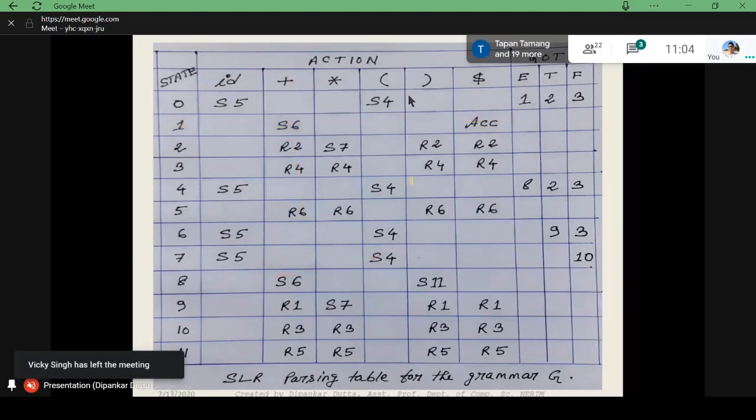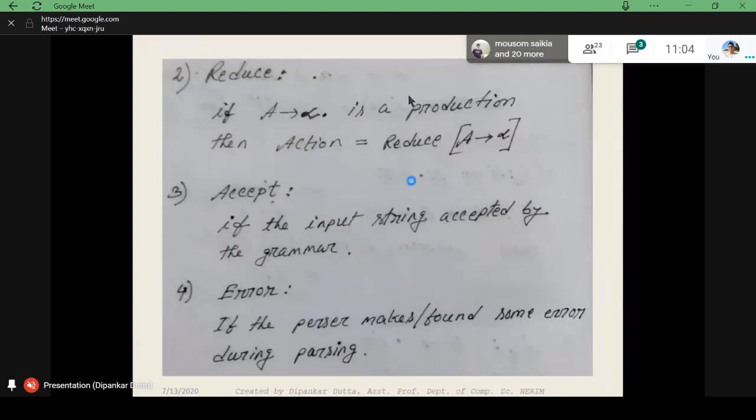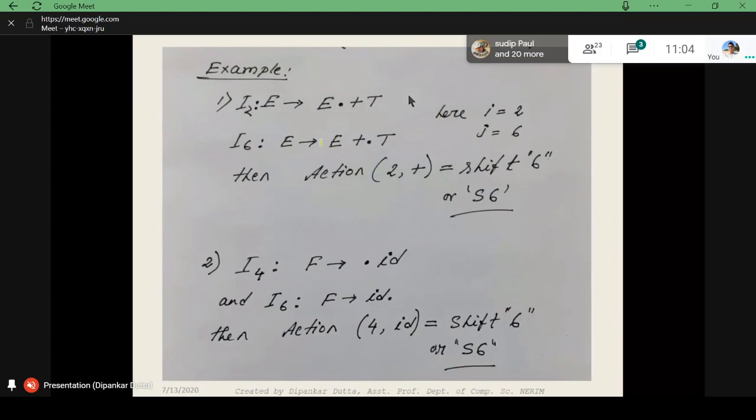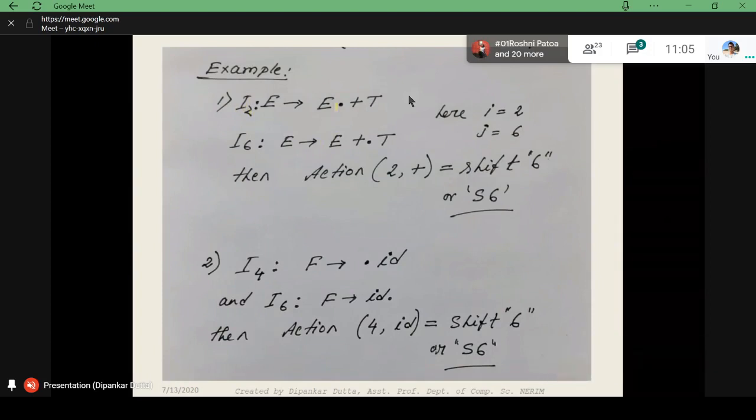Okay. So in the shift example, you can see in I2 we have dot plus. In I6 we have plus dot. The complete production will be the same: E implies E dot plus T, and here also E implies E plus dot T. Dot plus T and plus dot T. Okay? So this is why the action